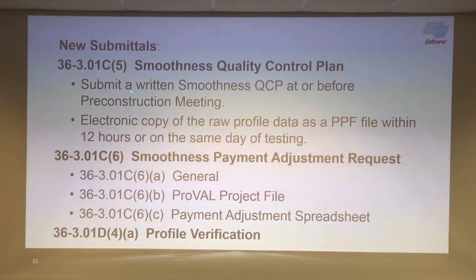So this quality control plan is going to have a layout sheet that defines what the beginning station is, and if the stationing for that DMI increases or decreases. So anybody that comes out to the project that's going to be running an inertial profiler, they'll take this quality control plan and use that same station. That station also has to have a nail on the ground or some semi-permanent reference point that's maintained throughout the life of the project so that everybody can start from that same location.